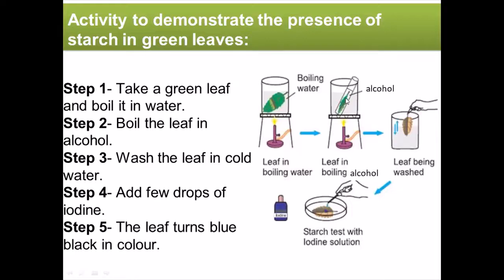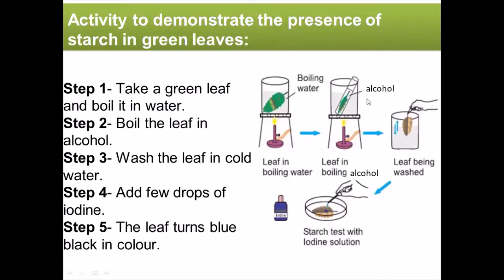So why do we boil the leaf in alcohol? We boil the leaf in alcohol to just decolorize it, and it is known as bleaching of the leaf. The green color of the leaf will get dissolved when we boil it in alcohol. Why do we dissolve the green color of the leaf? Because when we test it for starch, it will give us the perfect test. Clear? That's why we boil it in alcohol to bleach it or to dissolve the green substance or the